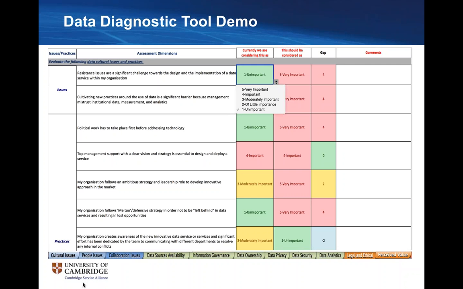Then you can see the assessment here is about the gap between what we have now and what we should consider in the future. This comes up with a list of scores, which is designed to have a traffic light kind of coloring. So you can see the red, which is between 4 and 5. The medium is the yellowish part, which is 2 and 3, and then 0 is the greenish part, and minuses, which is the overestimate.